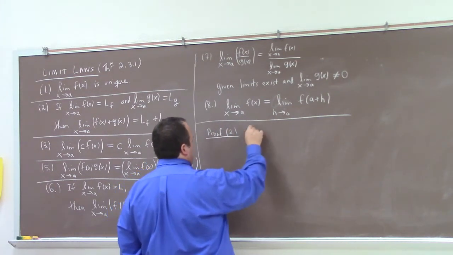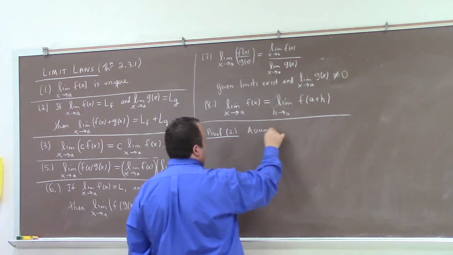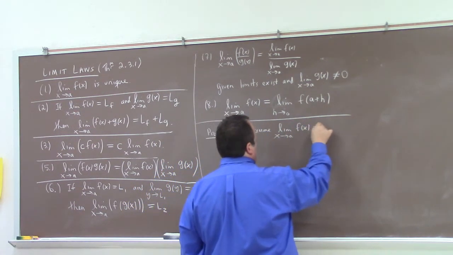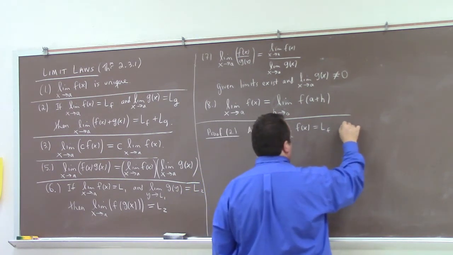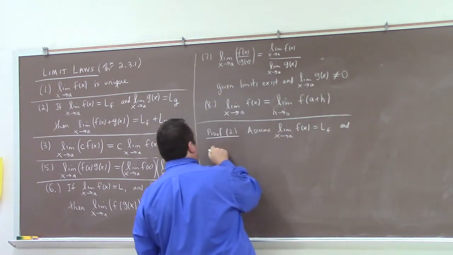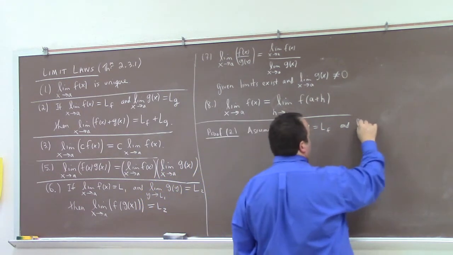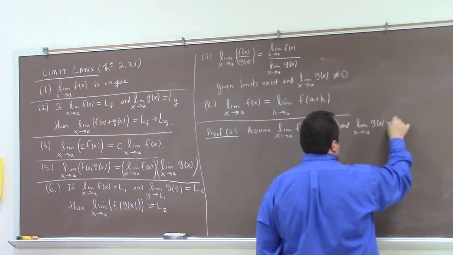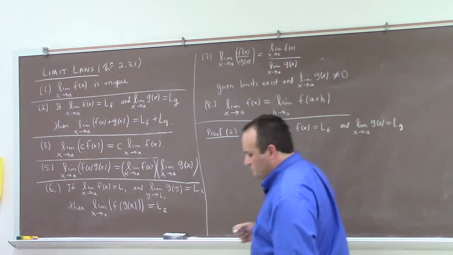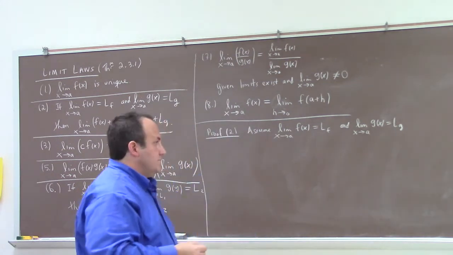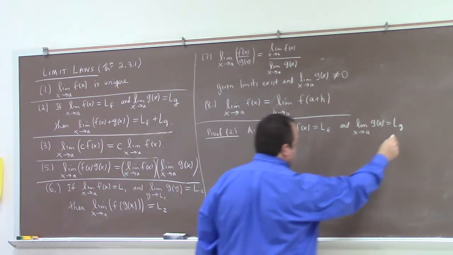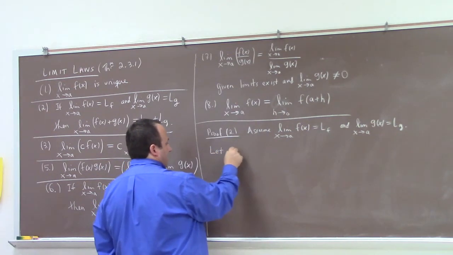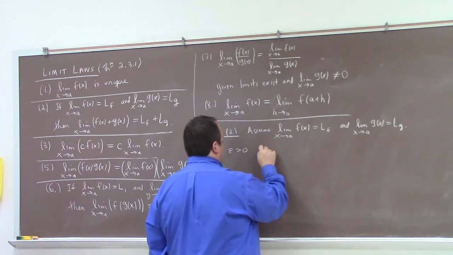All right, so we're going to assume that the limit as x goes to a of f of x is equal to L sub f, and the limit as x goes to a of g of x is equal to L sub g. All right? So, great, that's my starting point. Let epsilon be greater than 0. And then observe,